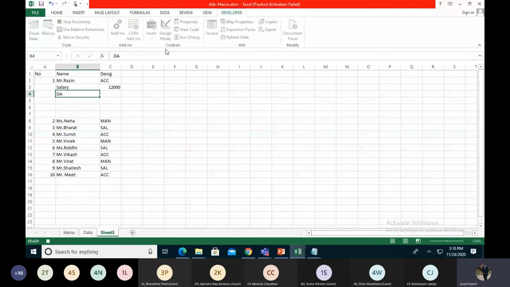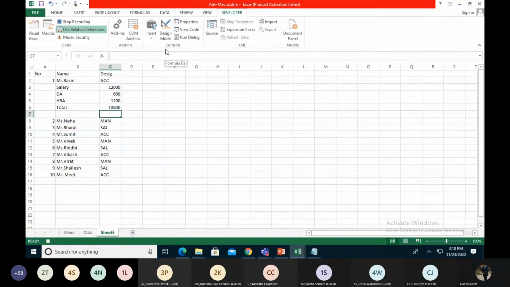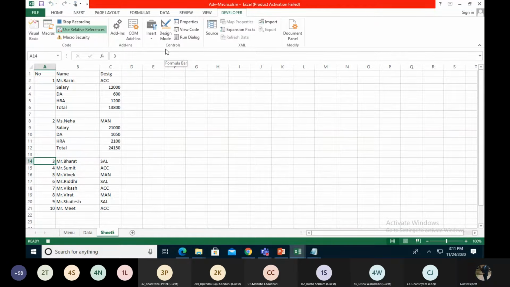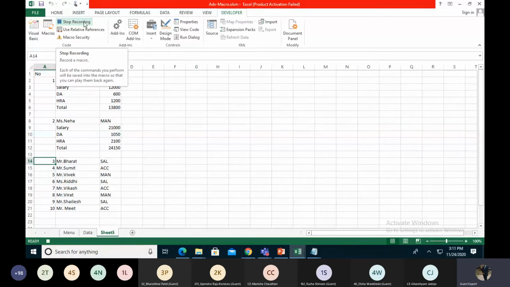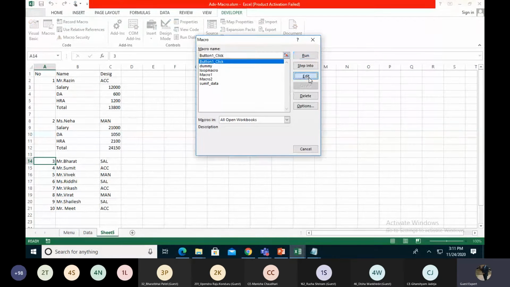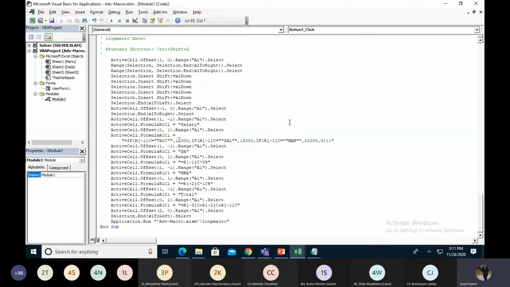Then after DA, I go to the second value, and I run the macro I created, Control Shift Q. Then I stop the relative reference recording and stop the macro. This is the looping macro.